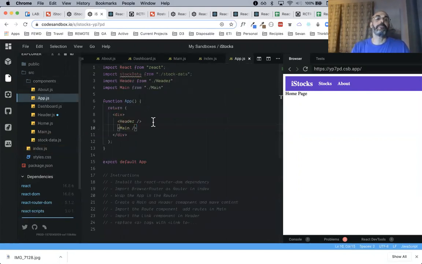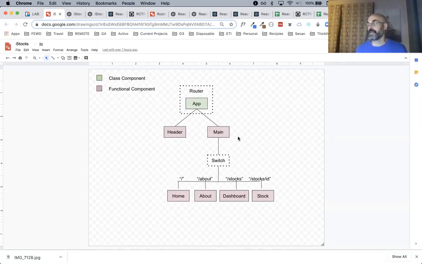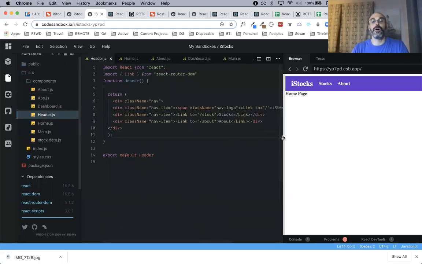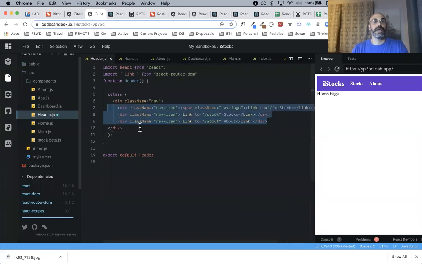We would then in app create, or just kind of emulate what we did, a header and a main. And I'm taking that off of this design that we're working with. So I know I need two components, a main and a header. I could just go ahead and create those. There was already header information on the page. That's why we saw the nav, and we know that that's going to go into header. So it's easy enough to create a header component and move over all of the HTML for the header and just put it in there, right?